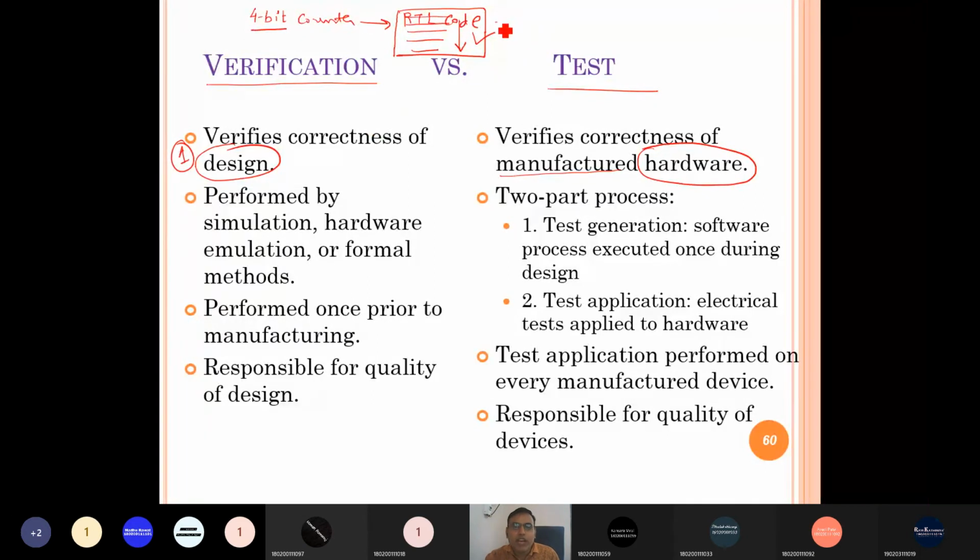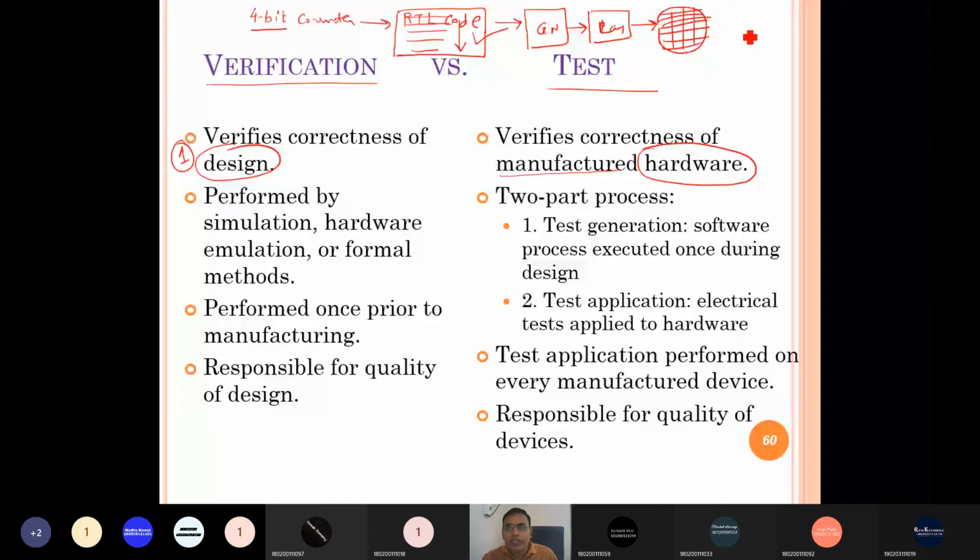Once this RTL is converted into the gate-level netlist through synthesis, the netlist is converted into the layout through physical design, and at the end the layout is manufactured in fabrication labs through wafer processing, producing thousands of ICs in a single lot. After manufacture we test each and every IC.